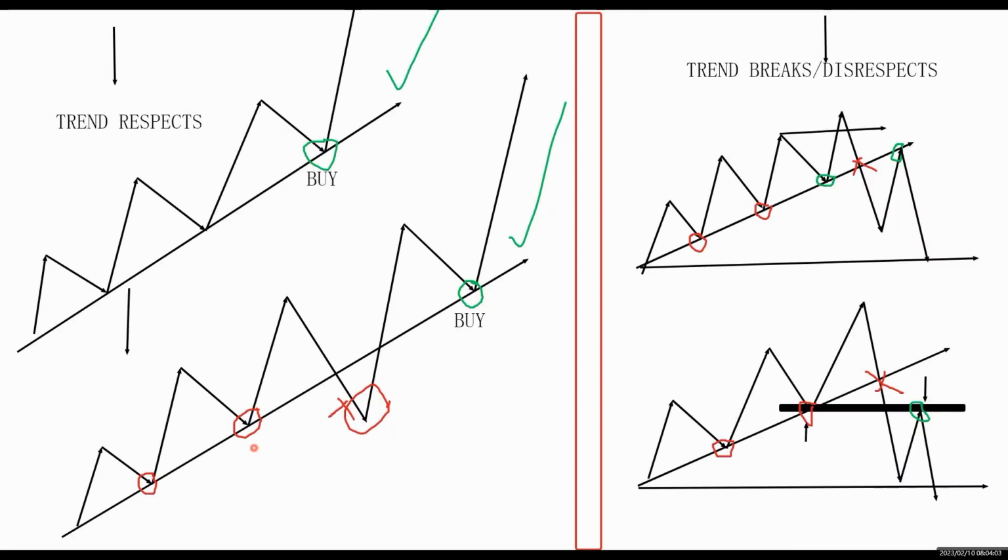We've showed you the two examples after price respect, right? Number one, it either does the direct respect, or it gives us a false break and goes back to respect. In the case where it breaks, it retests the trend line, or it breaks and retests the support and resistance. So the next thing now, which is the most important lesson I want to teach you guys, is how